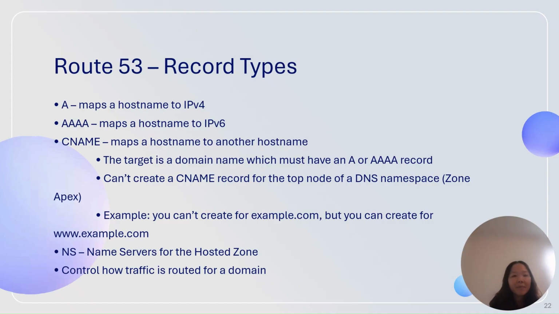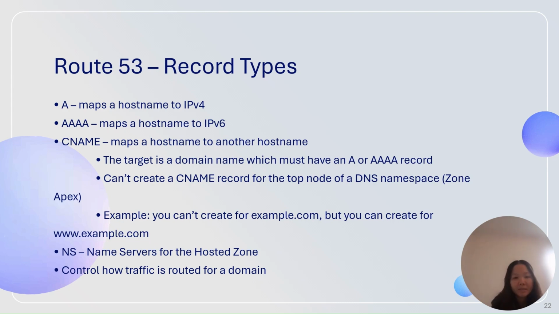A maps a host name to IPv4. AAAA maps a host name to IPv6. CNAME maps a host name to another host name. The target is a domain name which must have an A or AAAA record. You cannot create a CNAME record for the top node of a DNS namespace, the zone apex. For example, you cannot create one for example.com, but you can create one for